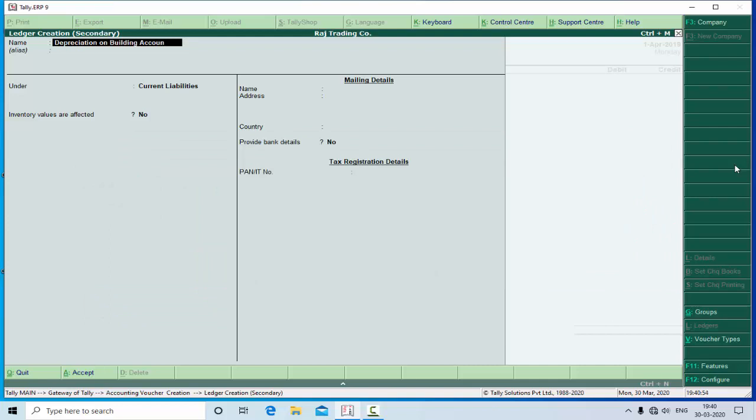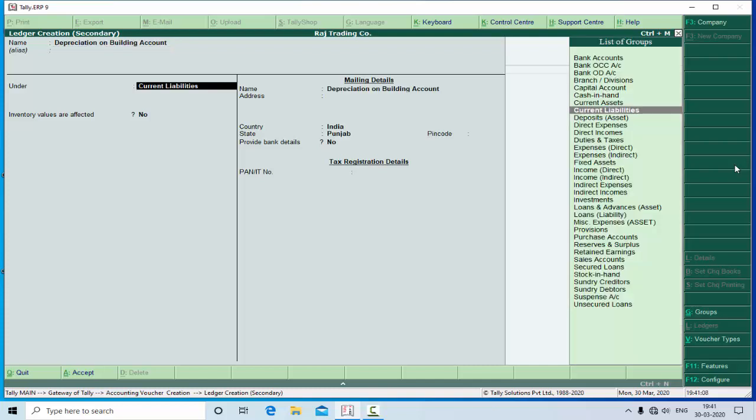account debit. You can create only one depreciation account, and in that one account the depreciation of all assets of the business can be entered, or you can create separate depreciation accounts for building and furniture to maintain the record of the depreciation of each asset. So all these accounts can be created independently, or you can create one account.